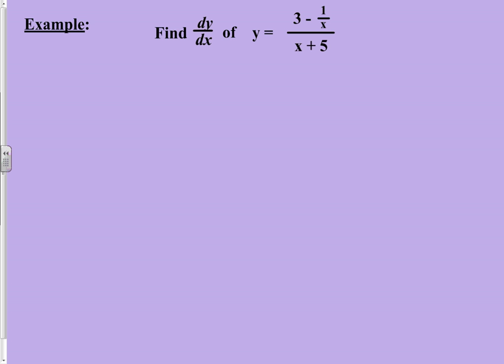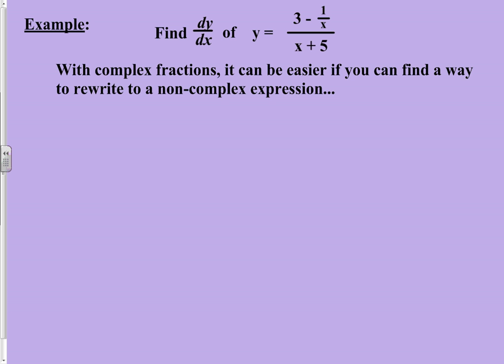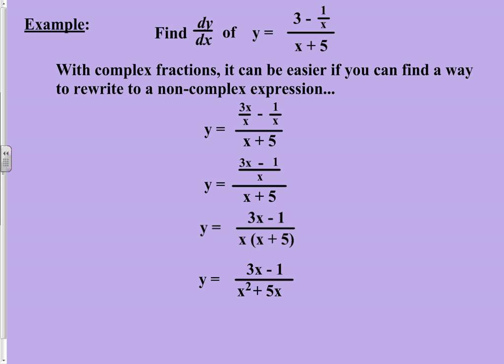The only other thing we really took some time to do in class was to look at the beginning of this example and basically to state that anytime you run into complex fractions, it's to your benefit to eliminate the complex fractions as soon as possible before you begin really working on the problem. So what I would do here is focus on the numerator and get a common denominator for the numerator, see if I can condense that into a monomial rather than a binomial, and then possibly simplify. Okay, so finding a common denominator, which would be an x, we're able to simplify it into a single fraction, then leave, change, flip, and we end up with,